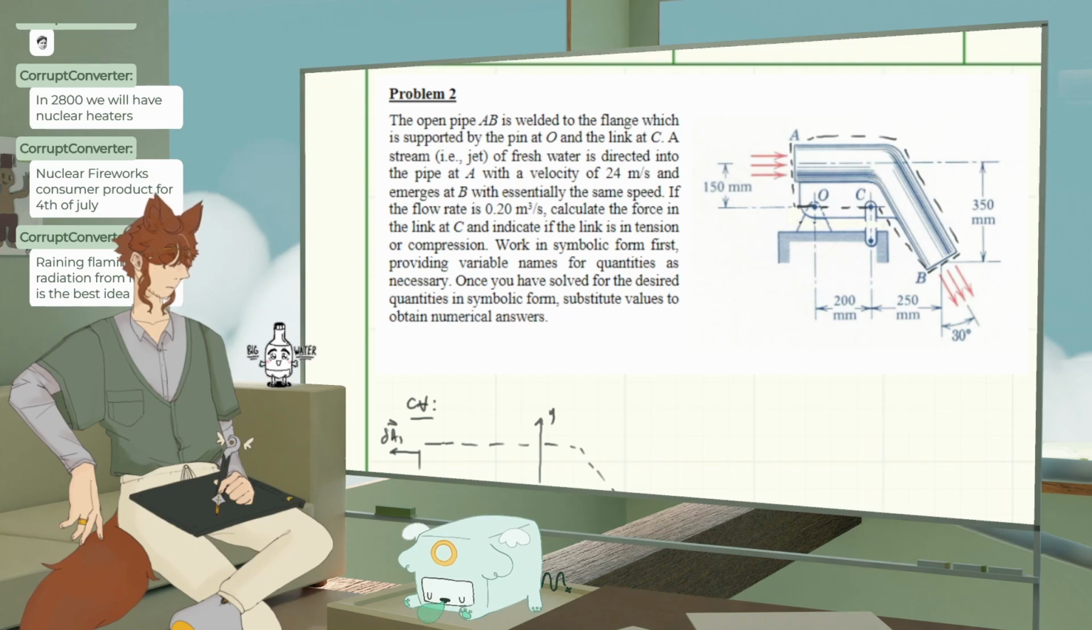If it's an open pipe, let's say that it has a fairly thin diameter. What would this be made out of? Something that doesn't wear. It's welded, so it's probably metal. I guess it could be copper or anything. I could figure out the area of it. Q equals V times A, so 0.2 divided by 24 is our area. Cross-sectional area